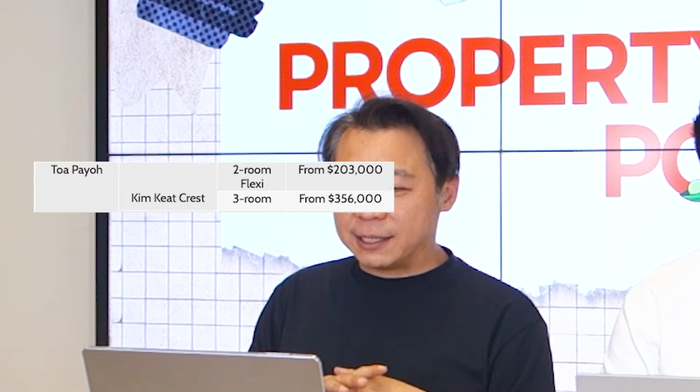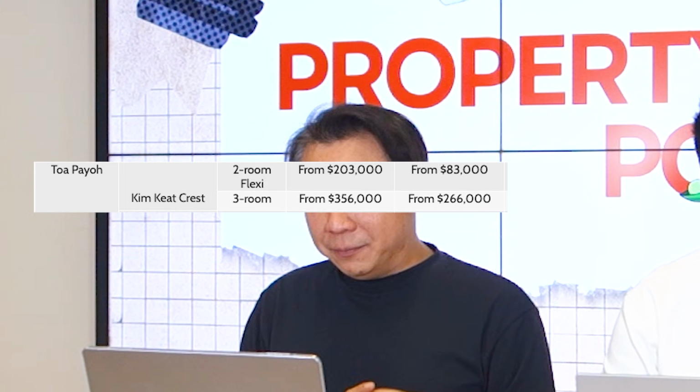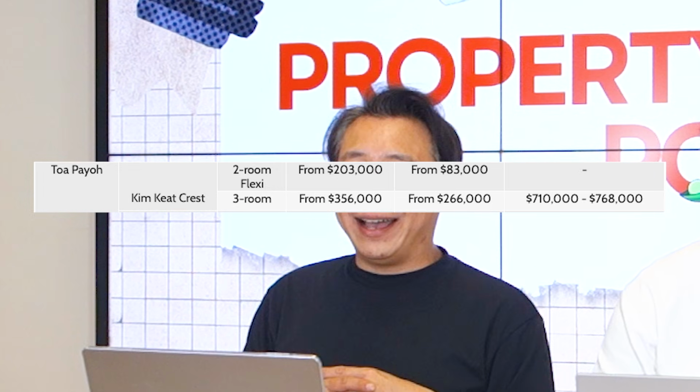The nearby resale, they don't have data for us because around there they don't have 2-room flexi. First time. For the 3-room flats, before grant 356,000, after grant 266,000, nearby resale 710 to 768,000. That's a very big difference, almost $500,000 if you look at the top end. Then the 4-room over there starts from